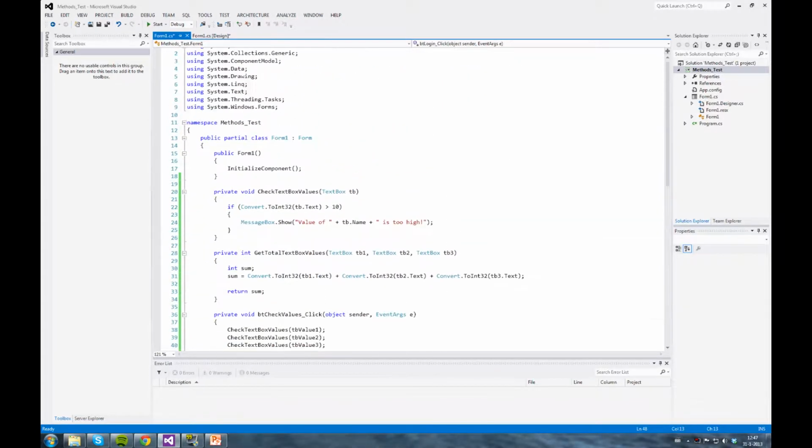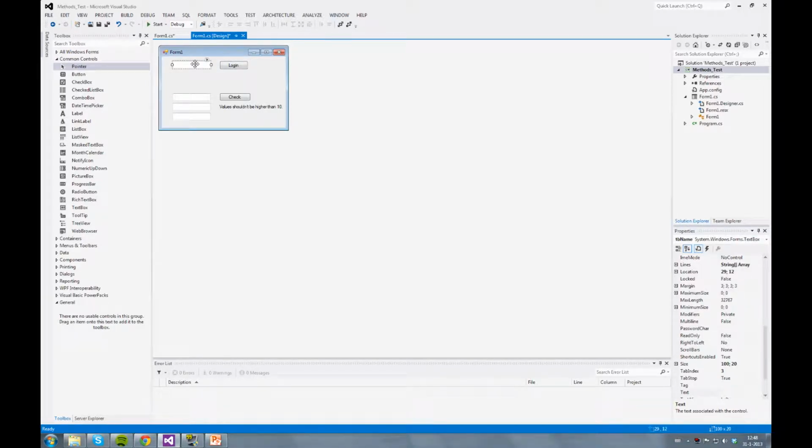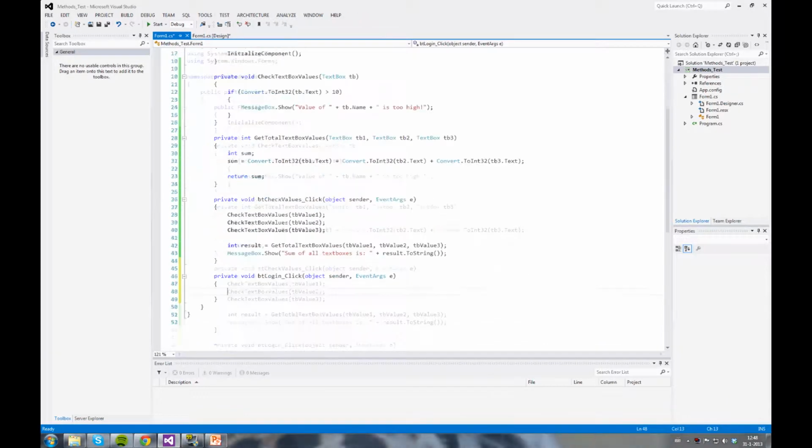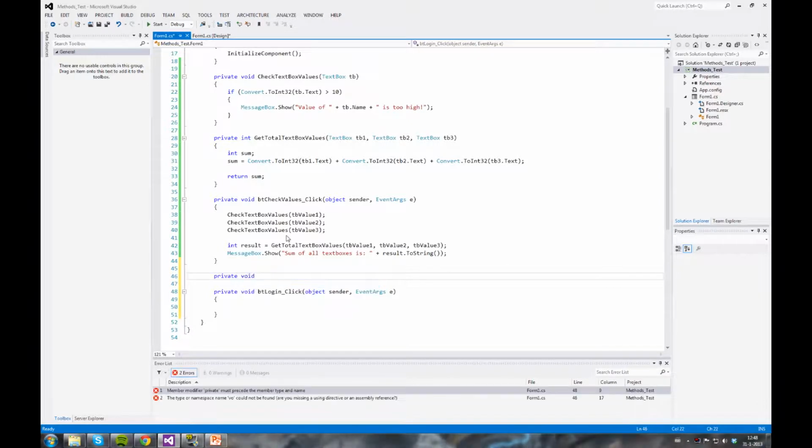And we could say that we want to see a message box that says hello, welcome to this program, and maybe show my name in it somewhere. And if this text box is blank when this button is clicked, we could say that the name is guest. And that's something we could test or demonstrate with a method. And in this method we could make it void, and we could call it LoginUser,